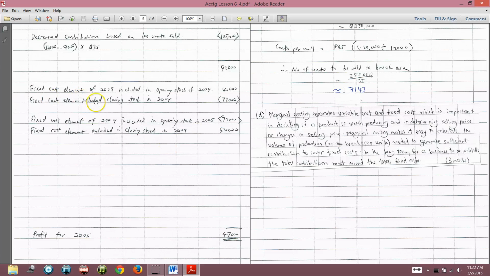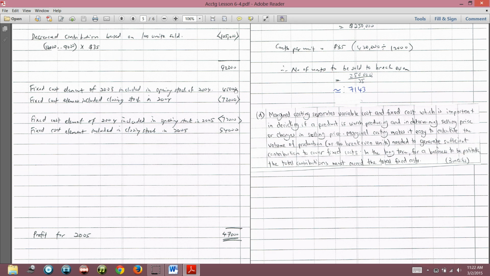What other things have caused the fall in contribution? Because there is a fixed cost element of 2003 included in the opening stock of 2004. Because the opening stock includes the fixed cost. Fixed cost is actually a period cost. So this 45,000, how do you get 45,000? You get